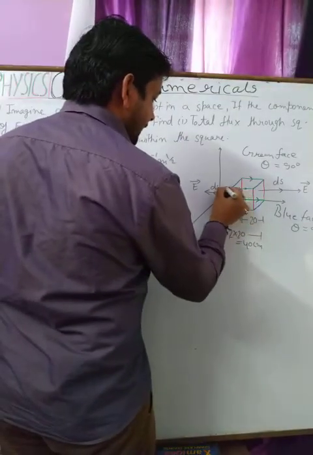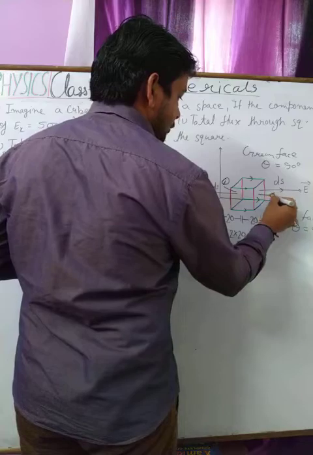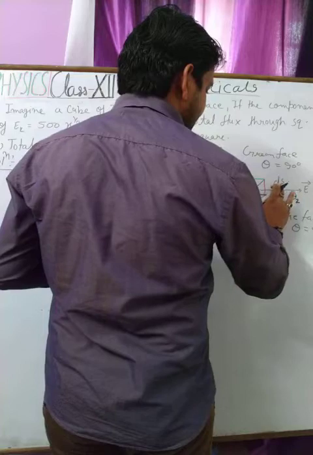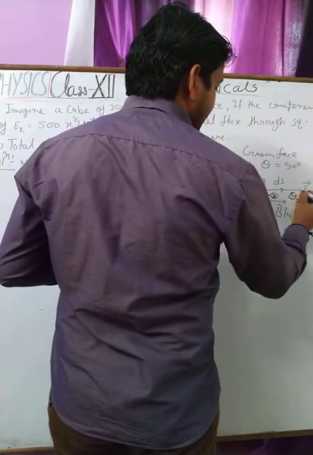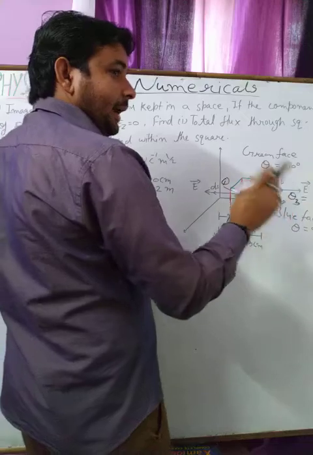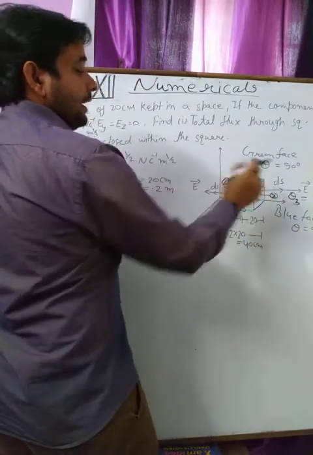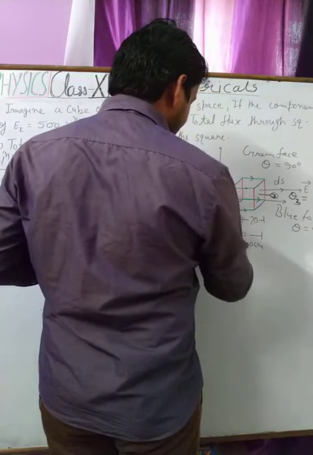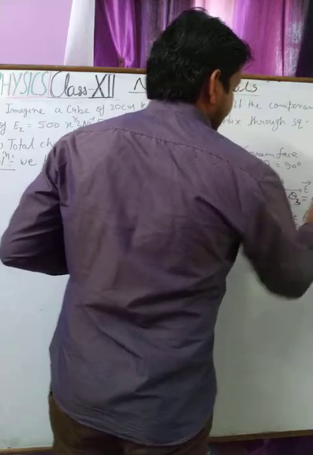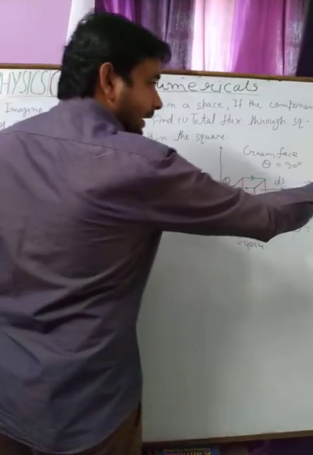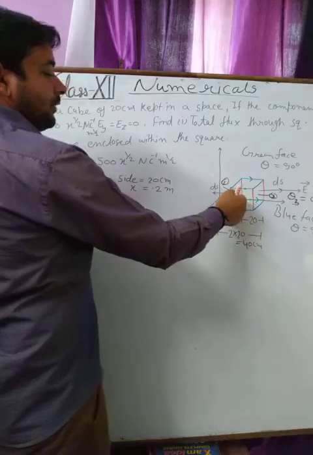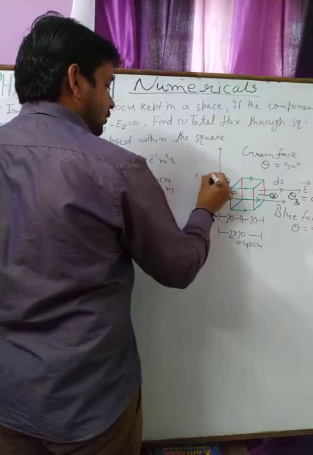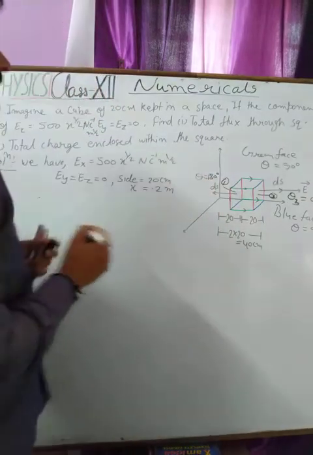This we take face 1 and this we take face 2. For face 2 we use theta, which we call theta 3, because it is along the direction of the area vector, so it is zero degrees. Now the electric field is in the positive x direction, and for the first face the direction of the area vector is opposite to the electric field, so theta is equal to 180 degrees for face 1.